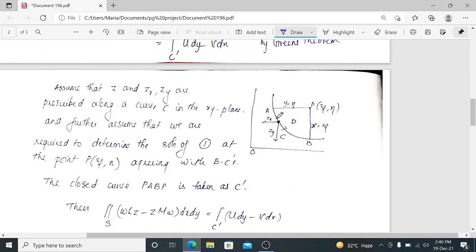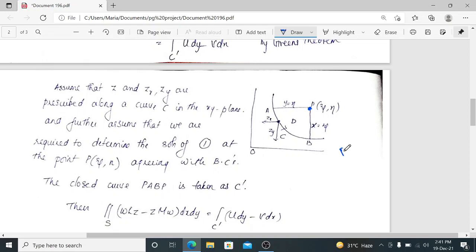So you have a curve C on the x y plane, and our aim is to find a solution such that it passes through the curve C. The curve C lies on the surface which we need to find, and the solution must also satisfy the condition at the point P of psi, eta. So we need a solution which contains this point on the surface and also agrees with the curve C. So we have this closed curve